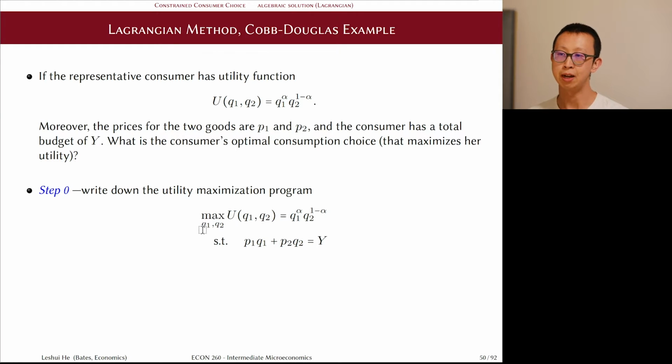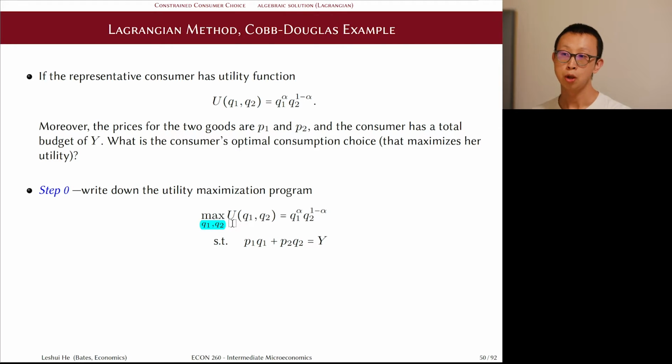We need to specify, first of all, the max sign to indicate we're actually trying to maximize the utility of the consumer. We need to clearly specify what is the utility function we're trying to maximize. In this case, it is the Cobb-Douglas utility function that is specifically chosen here. The third piece are the control variables we're allowed to manipulate in order to maximize the utility. So the choices we can make are Q1 and Q2, and we need to clearly state that below our max